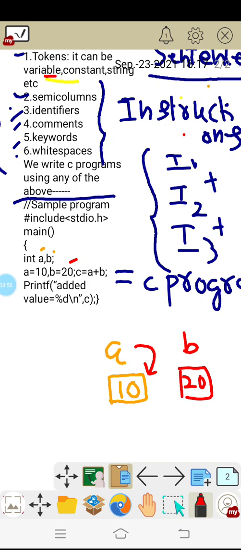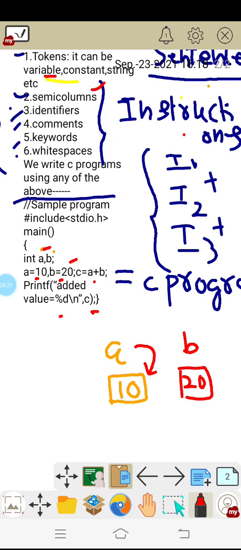Instructions are there: int a, b is the first instruction, a equal to 10 the second, b equal to 20 the third, c equal to a plus b the fourth, printf the fifth. There are 5 instructions in this program, and all 5 will have a semicolon at the end of every instruction. That is nothing but the semicolon, right?